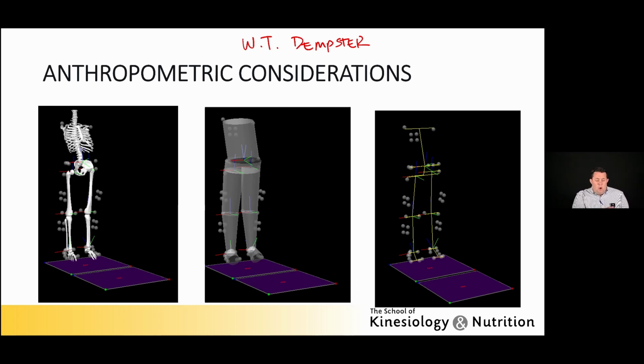So I hope you can now appreciate why we care about the study of anthropometrics and what value it brings, because it underlies all of the assumptions we make and that we're going to talk about for the rest of the semester. All of our kinematic and kinetic equations rely upon the idea that we have a pretty good understanding about the physical properties of the segments that will be moving through space.